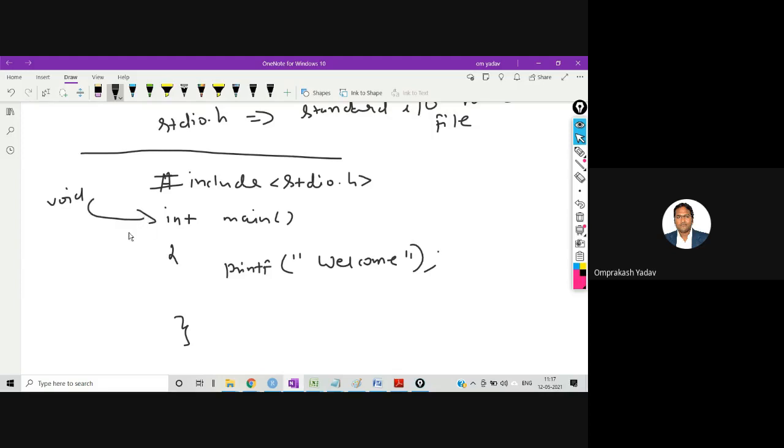Remember this, if you are writing any data type before the function, that means that function will perform a certain kind of task, and at the end it is going to return that kind of value. Here I have written integer, so at the end the function is going to return a certain integer value. Let's say I am returning a 0 or a 1, some value I will return. So in the main function, if I write integer before main, then after performing the task, it is going to return a certain integer value.